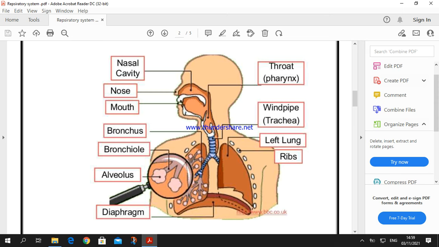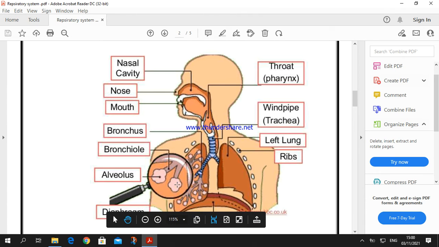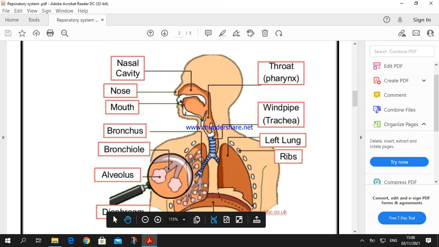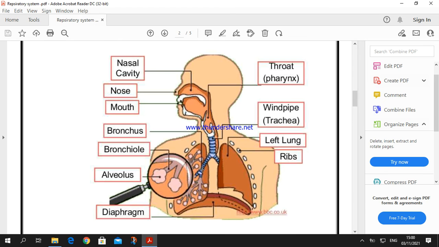Each bronchus enters into a lung and divides into bronchioles, okay? And they end with alveoli or air sacs inside the lung. We have a left lung and a right lung. Under the two lungs we have a muscle known as the diaphragm, and the two lungs are surrounded by ribs, or the rib cage, to protect them,